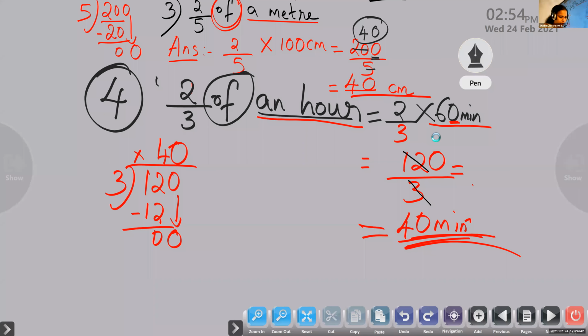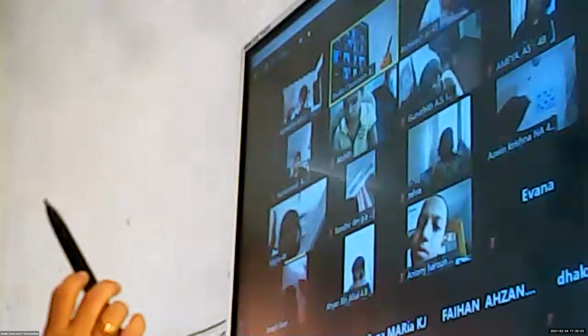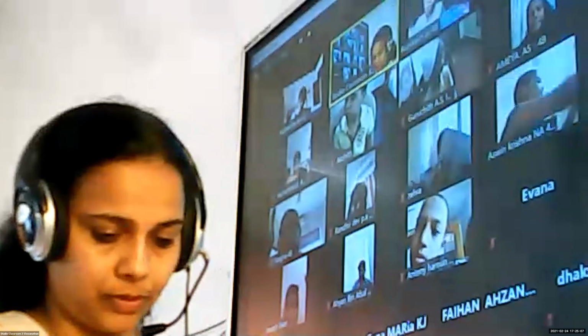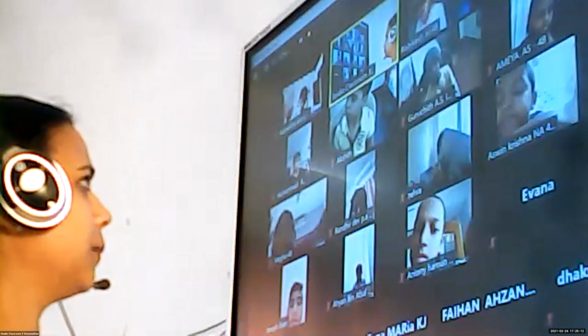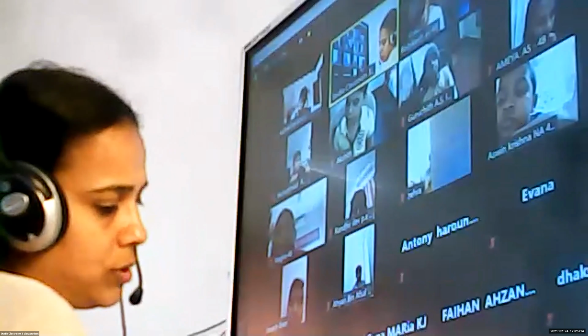Can you take out your workbook? We will discuss the workbook. Page number 24, workbook. So children, whenever we come for math revision, you have to keep the book and workbook. I will tell you, all of you please mute your audio because of some network issue. Page number 24, workbook. Question number 1.